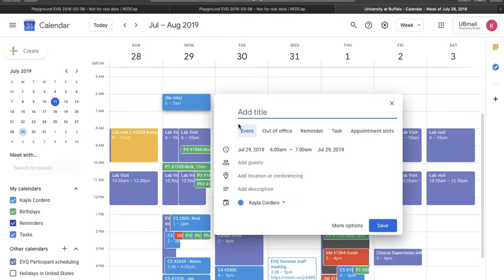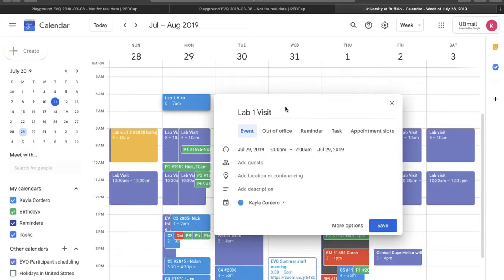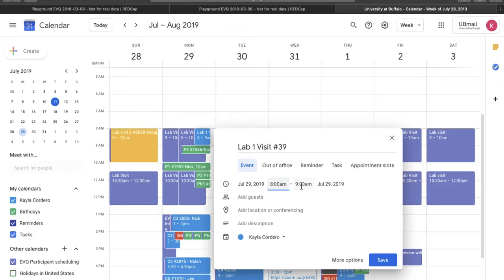So what we're going to do is click this and type in lab 1 visit and the participant's ID, which in this case is ID 39. Lab 1 visits are a 2-hour block, so we would schedule them from 8 to 10. And if you have both your personal Google and EverQuit calendar, in your Google Calendar, you're just going to want to make sure that it's scheduled in the EverQuit calendar,